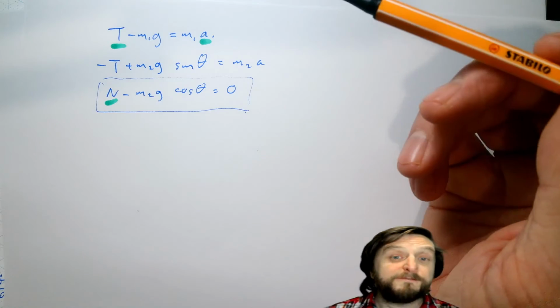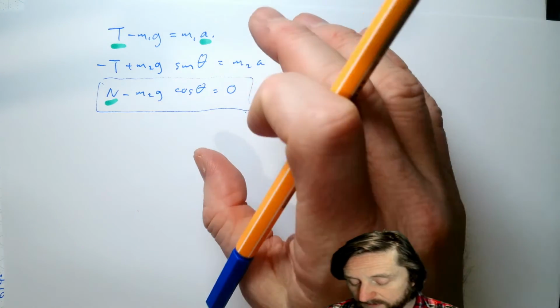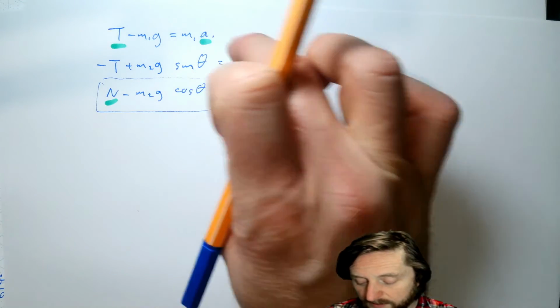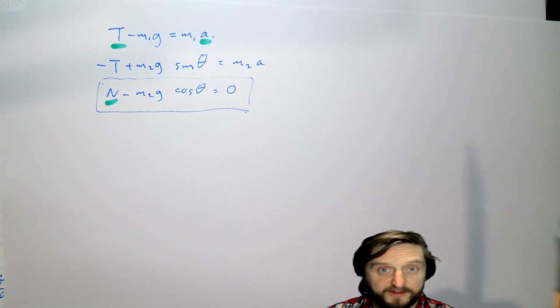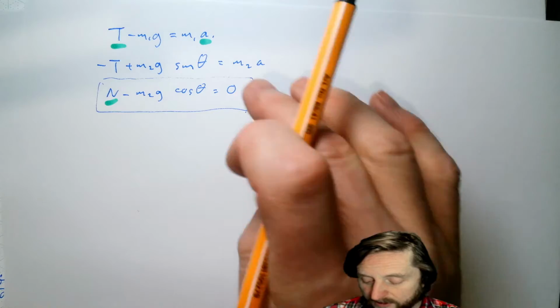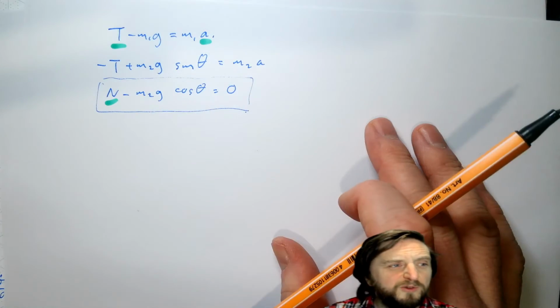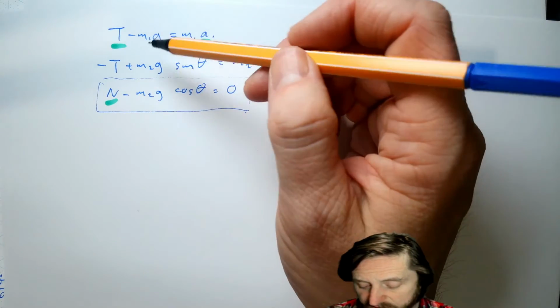If we'd maybe had friction in our problem, then we'd have had a friction component up here as well, which would have had the normal force in, and then we might have had to worry about it. But this way we don't have to worry about it. We can just solve just as we did before